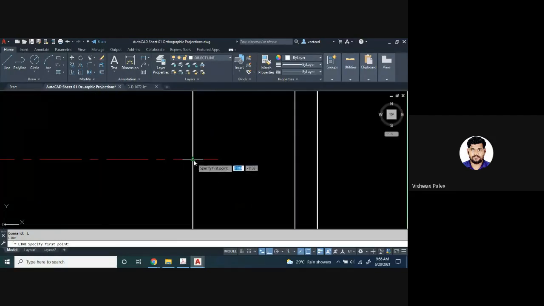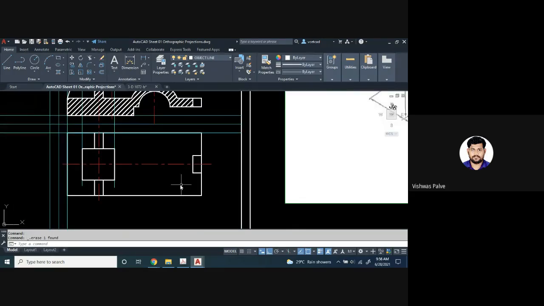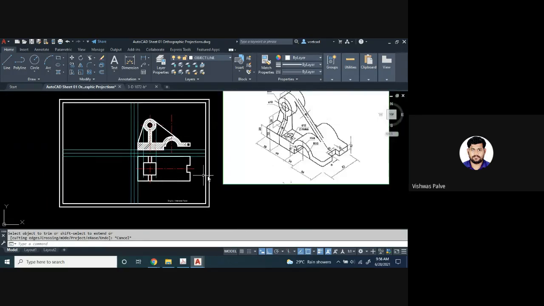First from this point I'll take 10 millimeter depth. Then I'll use the offset command, 10 millimeter. From here I'll say 10 millimeter on this side, 10 millimeter on the other side. I'll use the line and connect these two points. Done. I'll delete the reference line which was there. Then I'll use the trim option, TR double enter. I'll remove this edge, because when we observe it from top, it should be a slot. So that slot has been prepared.